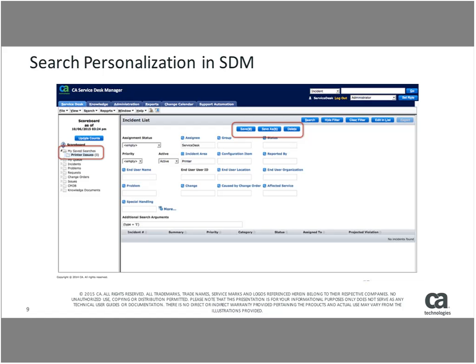And later on, when I come back to my scoreboard queries, I see a new section over here as my saved searches, and the search which I had saved earlier would be available here for me to go back to it. And as you can see in the screenshot, the previously saved condition is available over here. So essentially, it would help analysts be more productive by saving the search filter conditions that are related to their work area, that are related to their queues, and they can access these saved searches at a later point